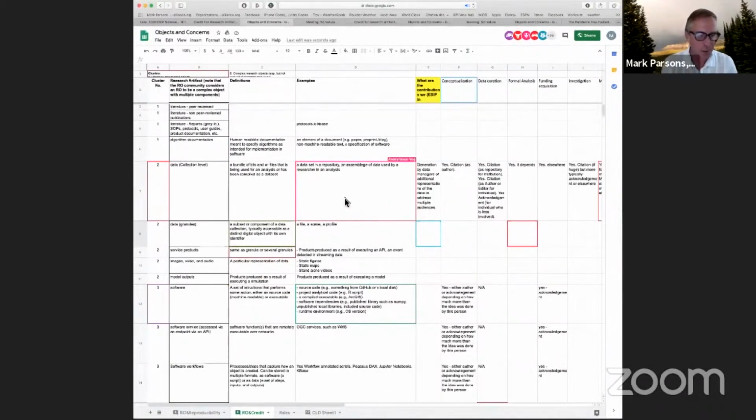And then model outputs didn't even have a definition because I don't think we got to it last time. And we just said that to distinguish between model outputs and anything that might be, is that